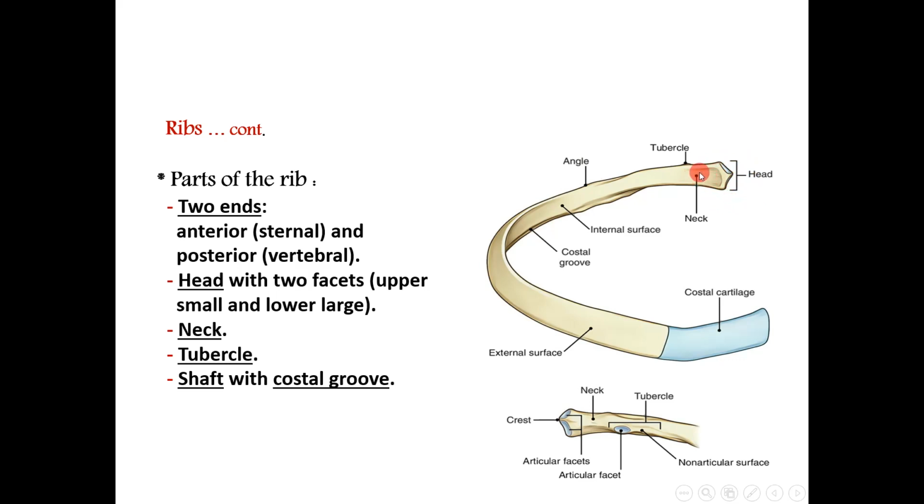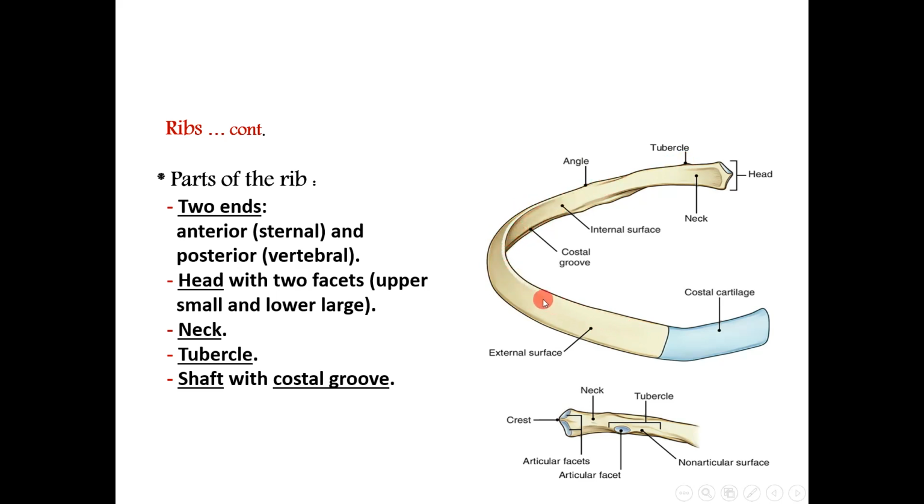This is important, also part of the rib, which is called the neck, and here it has a small bony projection, which is called the tubercle. The tubercle gives an attachment to muscles and so on. And it also has the shaft, and all this part is called the shaft